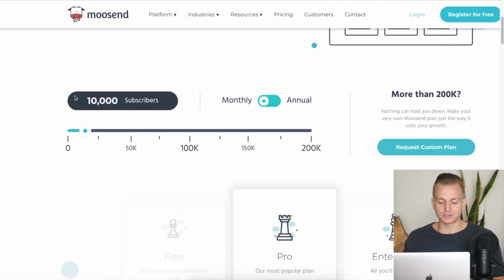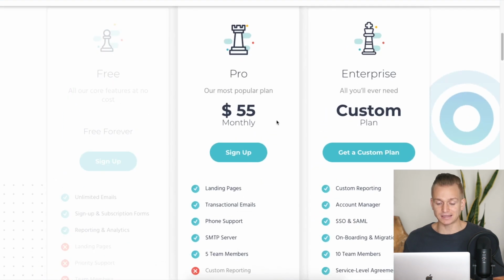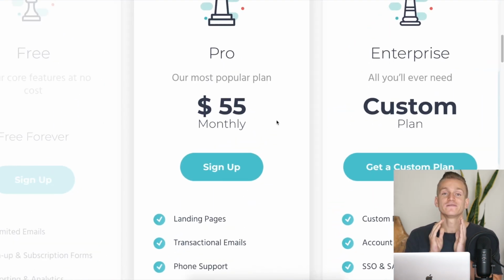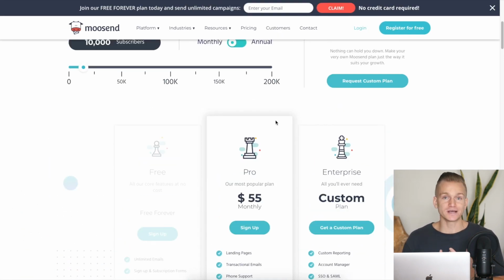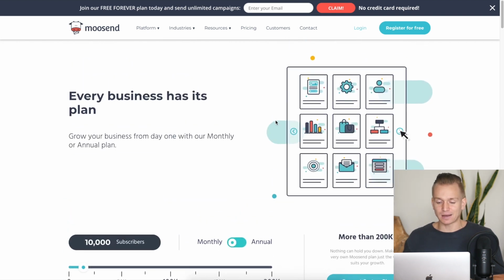And if we set this to 10,000 subscribers, then you will see that the price is only $55 a month, which is insanely cheap. It's basically half of what Convertkit costs, so very cheap. And again, with Moosend, you basically get all of the functionalities really that you need. The only downside I would say is I'm not too crazy about their interface. There is just something that I'm not the biggest fan about, but other than that, really good price and a lot of really good